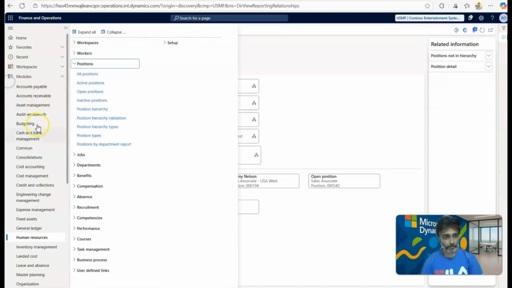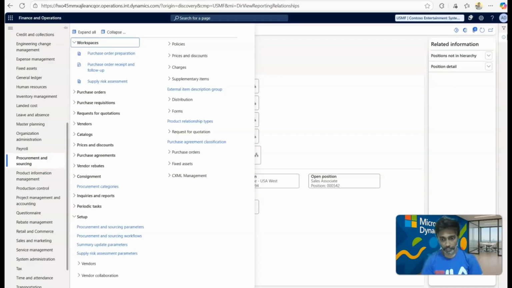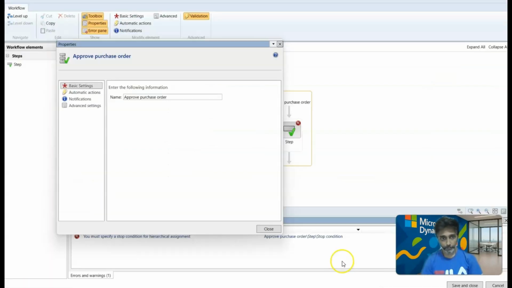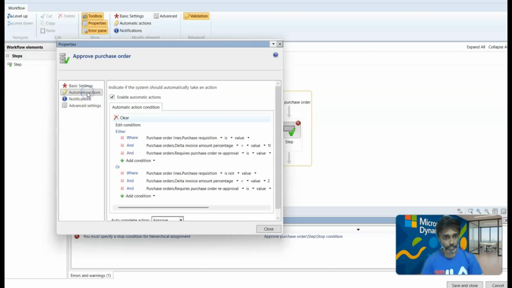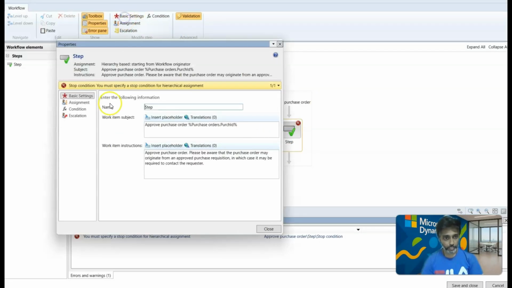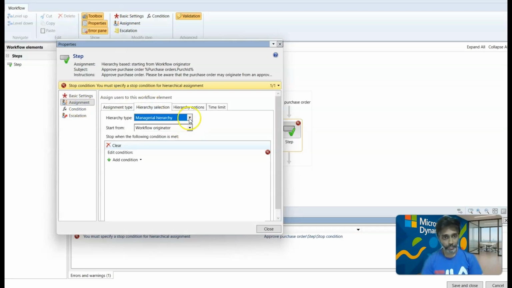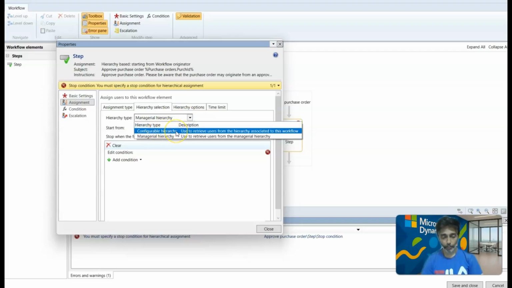At the same time, on the other hand, like I said, if you want to go for a configurable hierarchy, so if I go to automatic action, click on the step, and then click on basic settings, the first option is this managerial hierarchy, that's what we saw, and the other option is this configurable hierarchy. So if you have a custom configured hierarchy where you do not necessarily want to follow this position hierarchy, but you want to configure a hierarchy and make sure the workflow follows the same, then